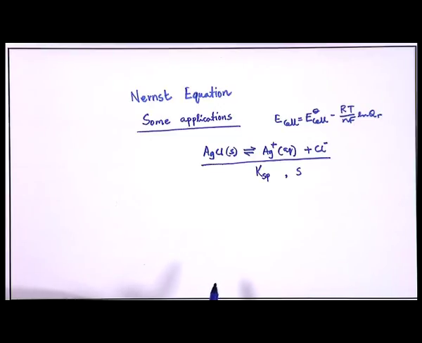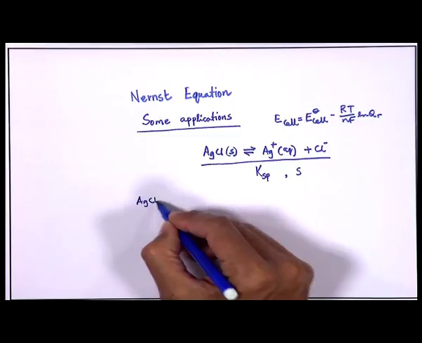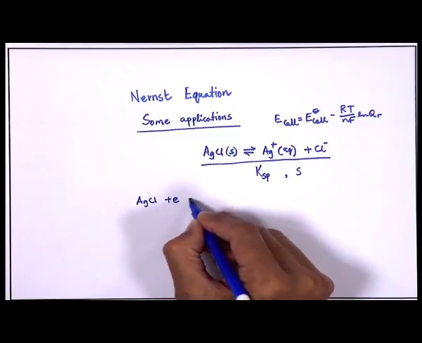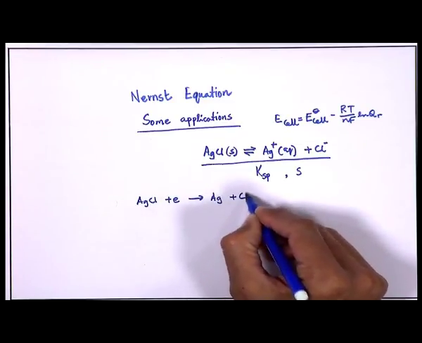So, let us have a look at two reactions. One is AgCl plus electron giving Ag plus Cl minus,